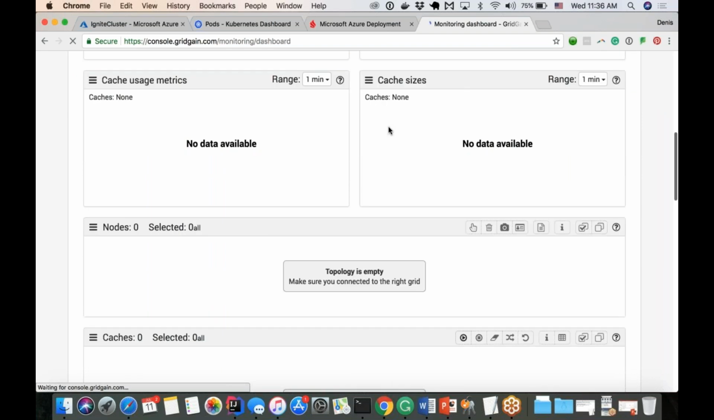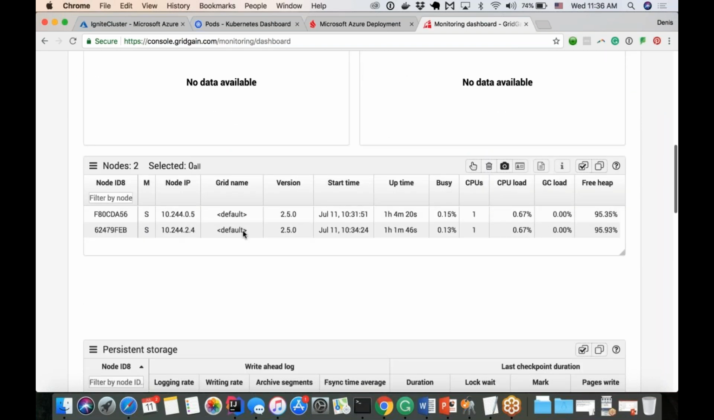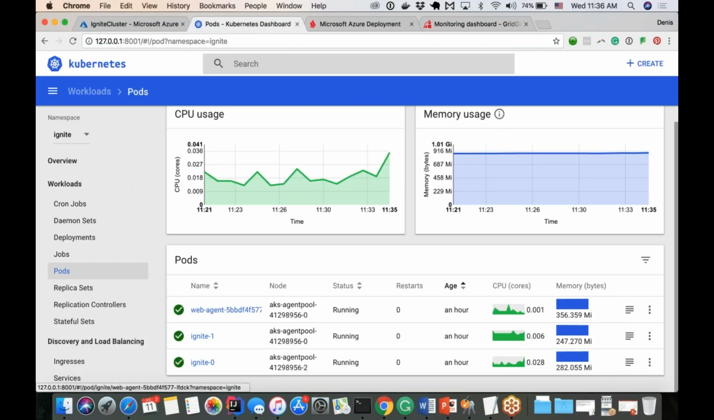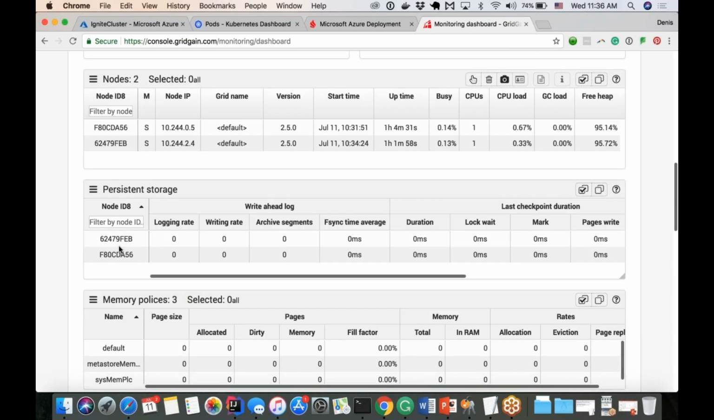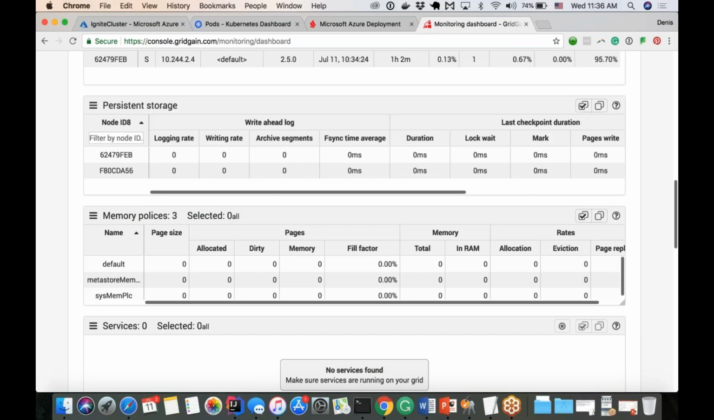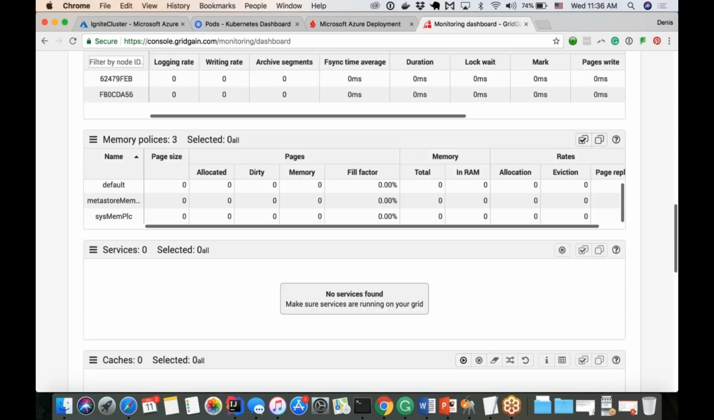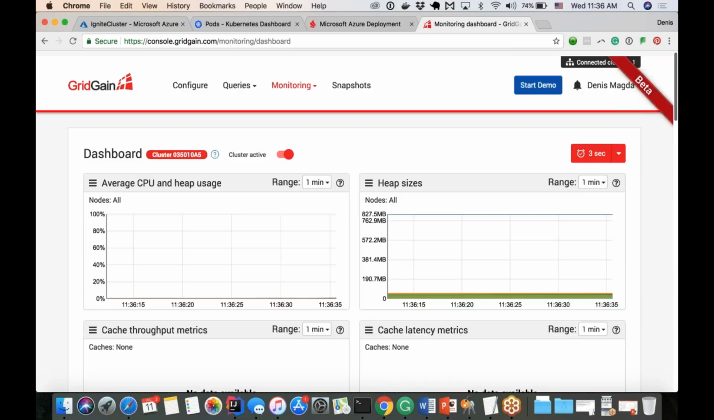Yeah, we could connect. And this monitoring tool shows me that I have 2 Ignite nodes, which is true and doesn't contradict the information of the Kubernetes dashboard. And we have persistence enabled. The same two nodes will persist data to disk, but we don't have any data, any caches, or any tables. And now it's a good opportunity for us to connect to our cluster